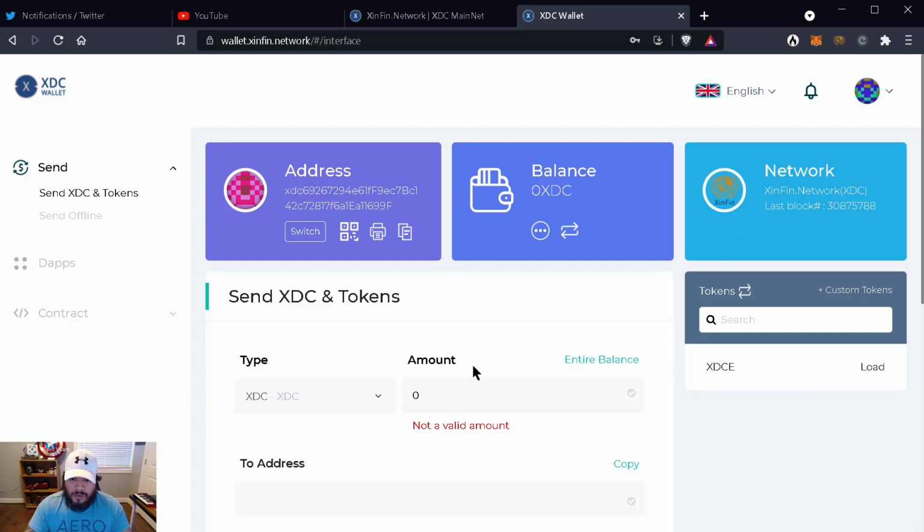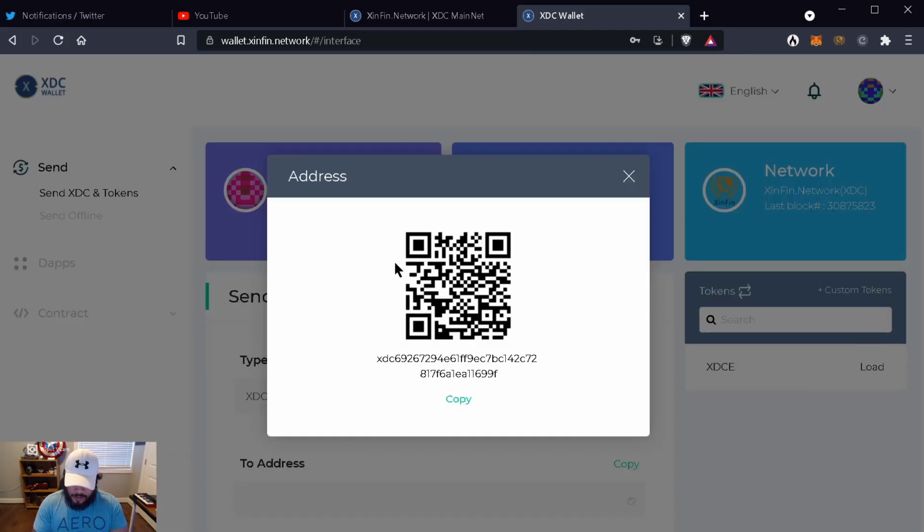So now that I have my wallet, I am going to send from my decent wallet. I'm going to send 5 XDC. So what I'm going to do is send, and I'm going to QR scan the address, and it copied it. I'm going to click next, and I'm going to send 5 XDC, which is about 28 cents US dollars. So I want to click next. I'm going to click send,